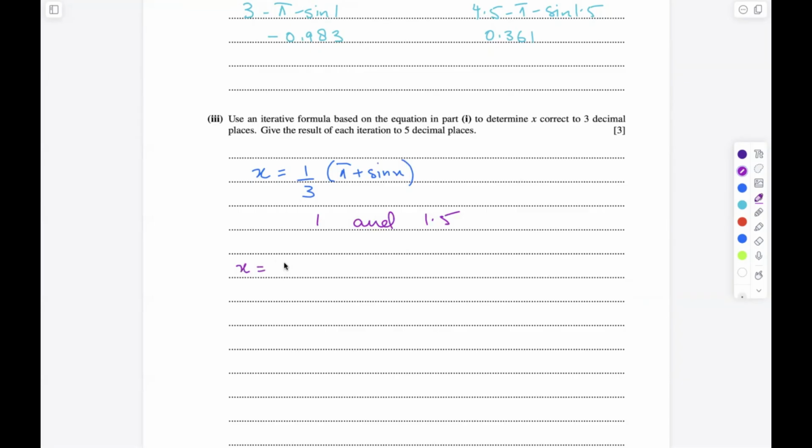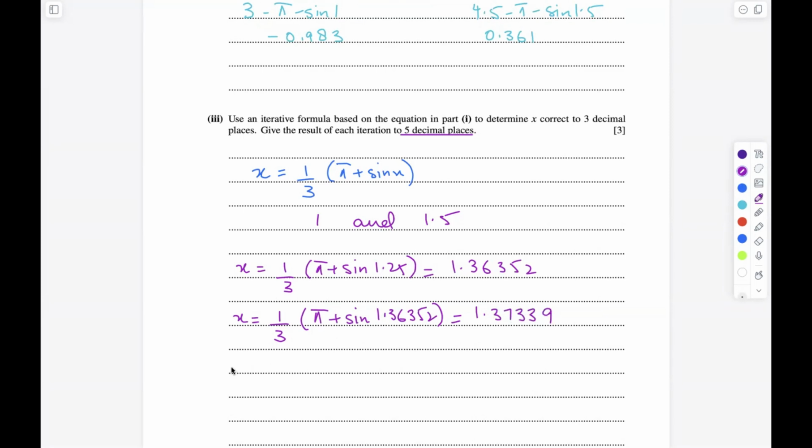Now substituting 1.25 in place of x, the first value we get is x equals 1.36352. And please make sure that when you're attempting this, you write your values to 5 decimal places in all cases. I'll just be using 3 or 4 decimal places to explain. So in the next step, in place of x, I will substitute x equals 1.36352, and when we substitute this in the calculator, we'll get